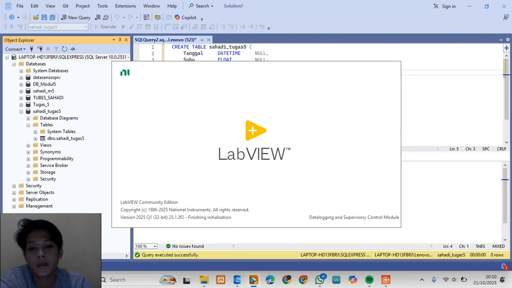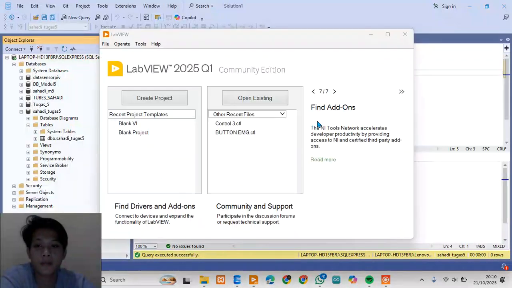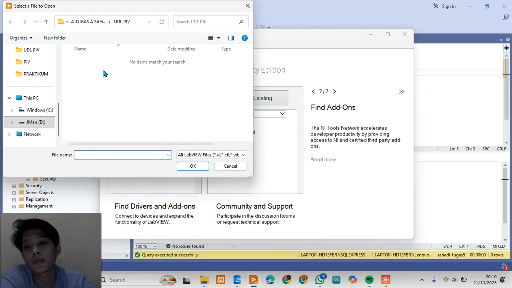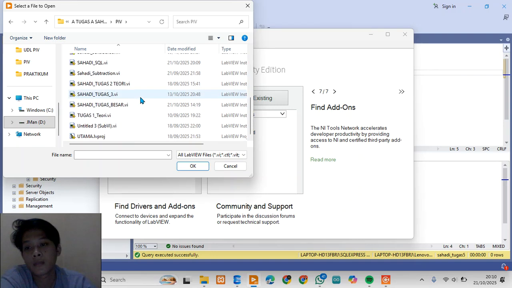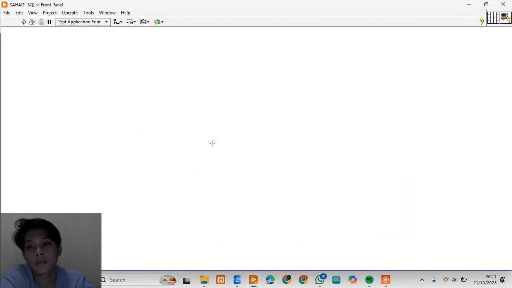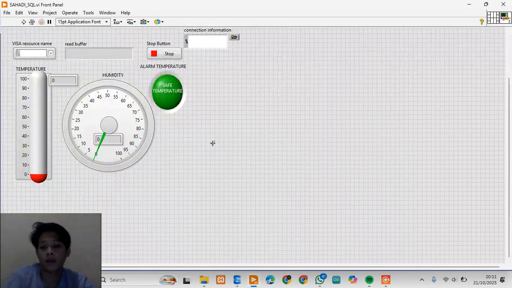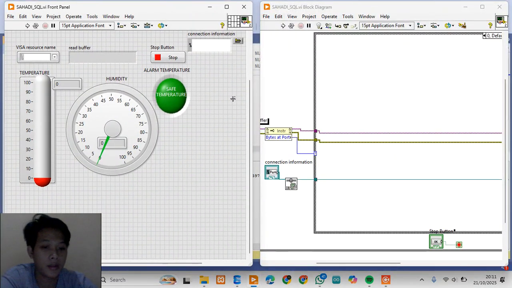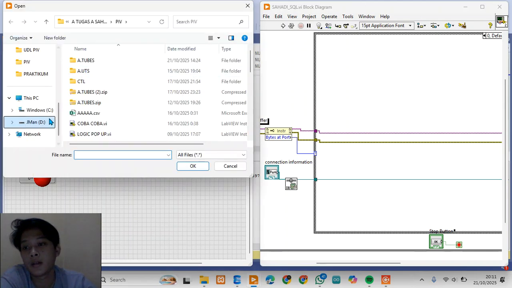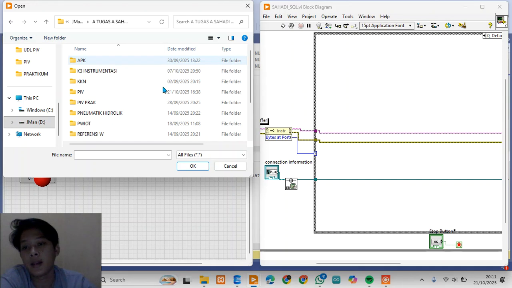Oh, and I open my file, connect to the port, and select my UDL file.